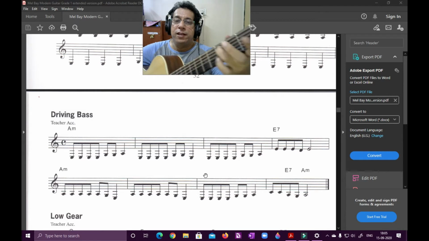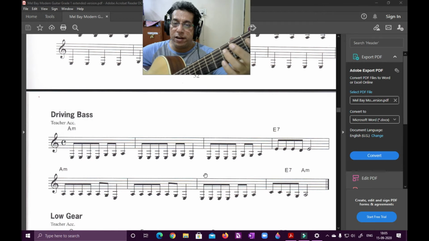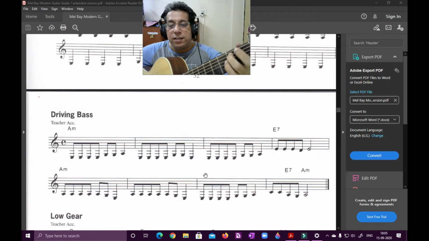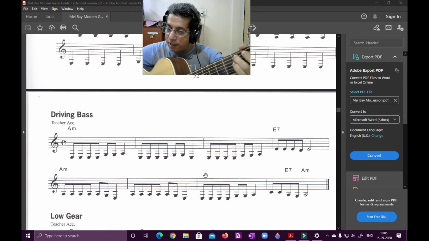So I have C, C, A, then G, which is on the 6th string, and the last note is A again on the 5th string open. So I'll play that last bar, C, C, A, G, A. I'll play it again.